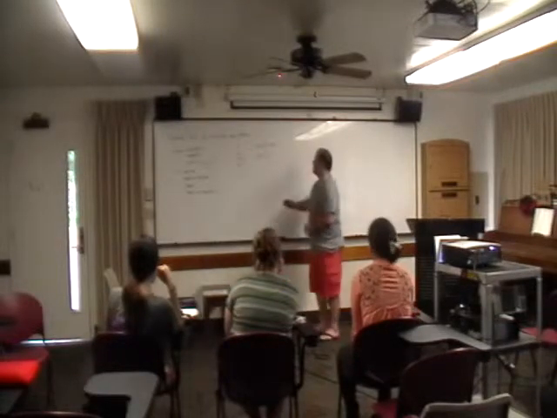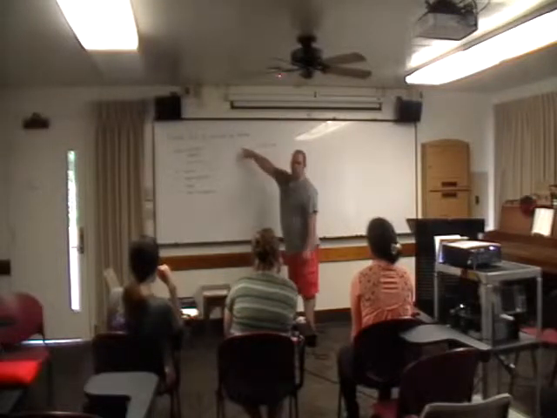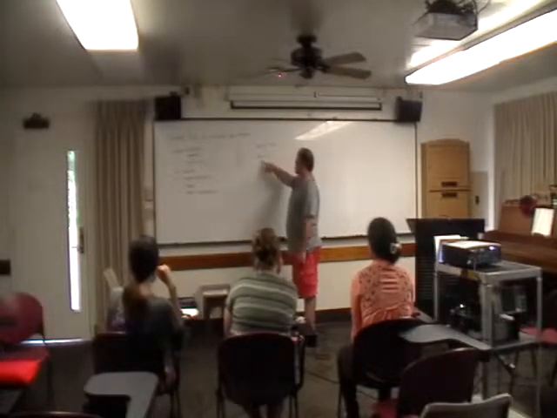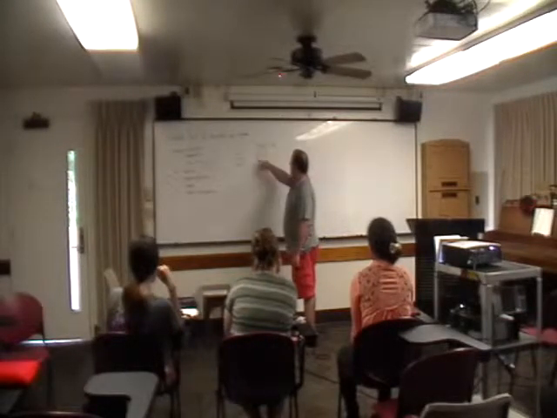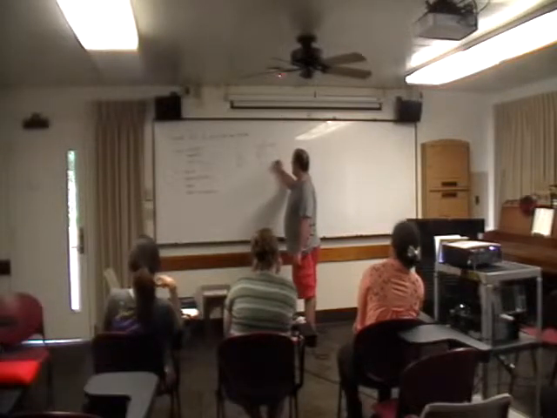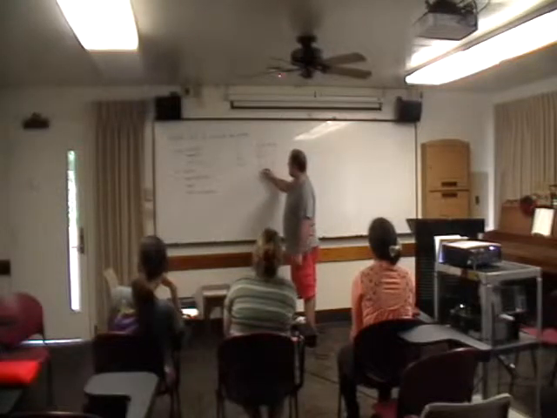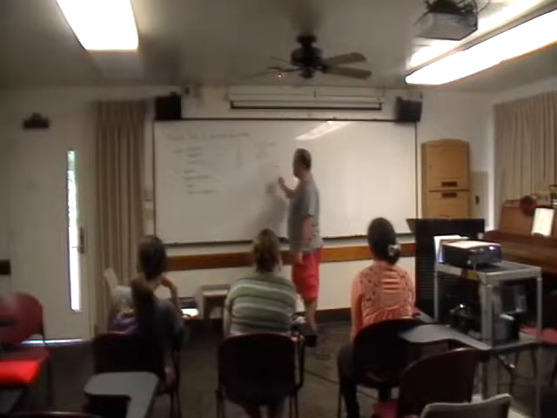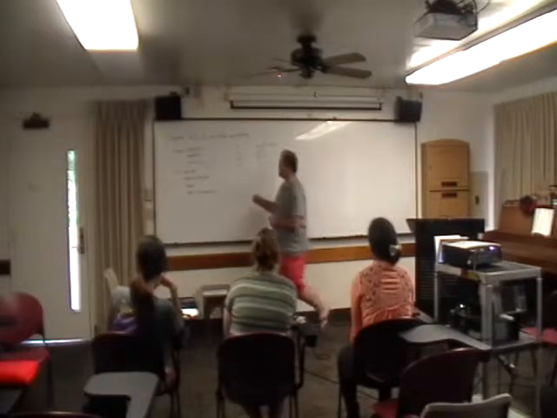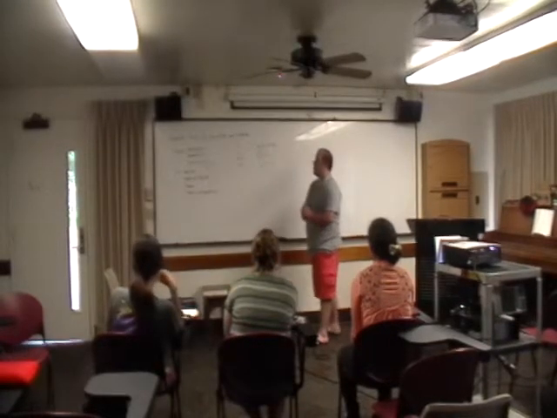3(2 plus 1), that means I can either do what's in the parentheses, according to the order of operations, or I can distribute, and I can do this, and then I can do this. And this would be, what's 3 times 2? What's 3 times 1? Okay, which equals? 9. If I added the parentheses, what would I get? 3 times 3, right? Which equals? Okay, so it's the same thing. Works the same way. So we have gone over these. Okay? So